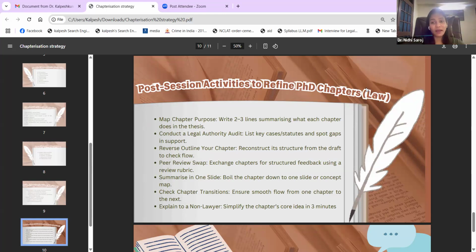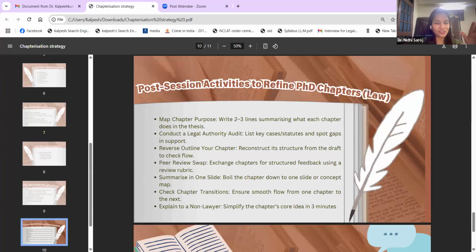In my case, I felt that there were very few case laws that I had used. So one day I found some existing theses related to mine. Obviously we can't find the same, but I found some theses on Shodhganga which were very similar. I made a list of all the cases in those theses, and I tried to check whether I had included them, and whether I had included all the statutes or not. This self-audit, you need to keep doing in a PhD at various junctures. Obviously by the end you have to stop somewhere, otherwise it's a never-ending journey. But during your 4-year, 5-year, 6-year journey, you have to keep doing this self-audit.